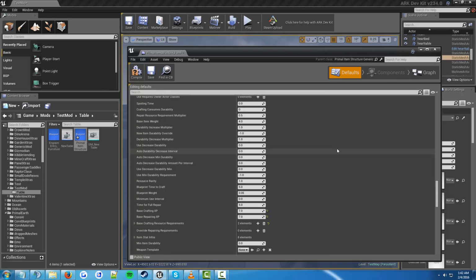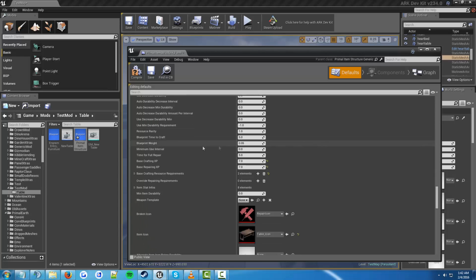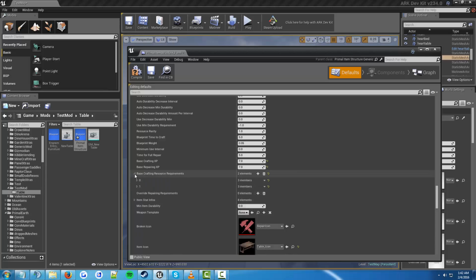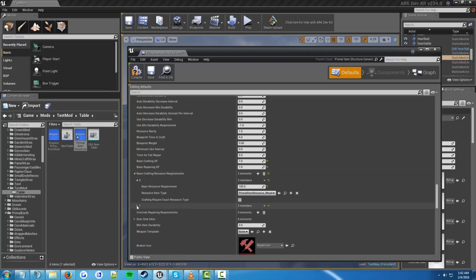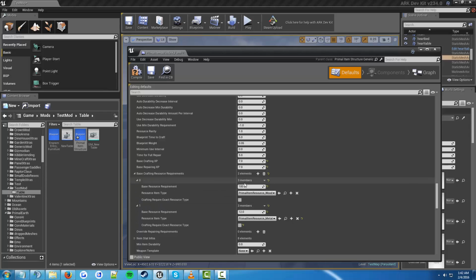Alrighty, now you come down here and you have the base crafting resources. This is what it takes to craft this item. So I believe you learn the Engram, and then it goes in your Engrams, and then this right here is what you're going to need to set for you to craft it before you can actually build it. I think everybody knows what that means if you played the game. So we're going to change this from 100 wood to, let's just say 50